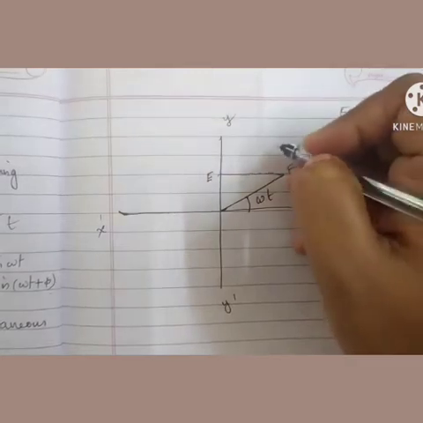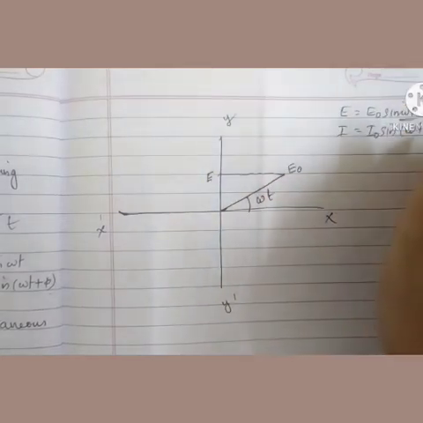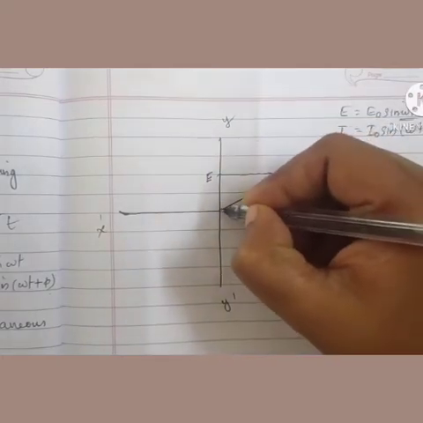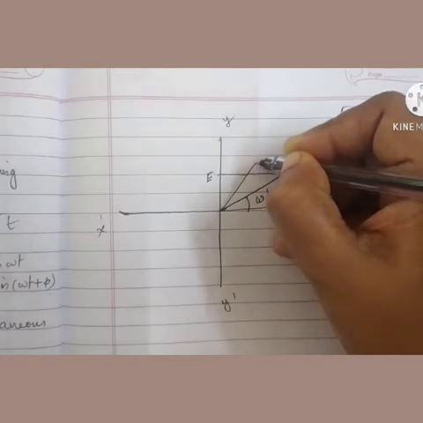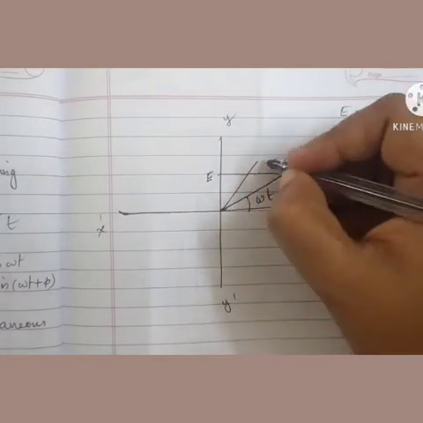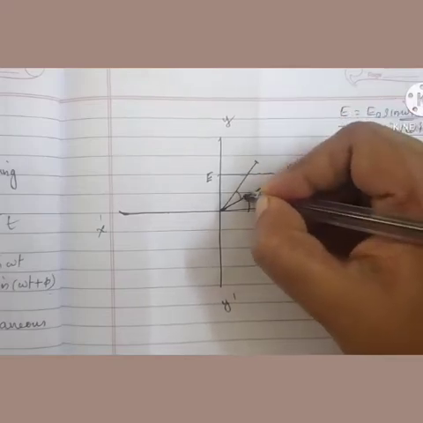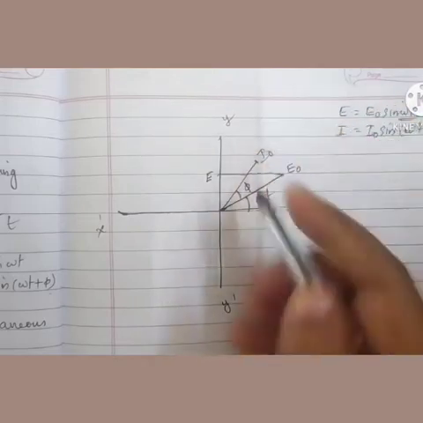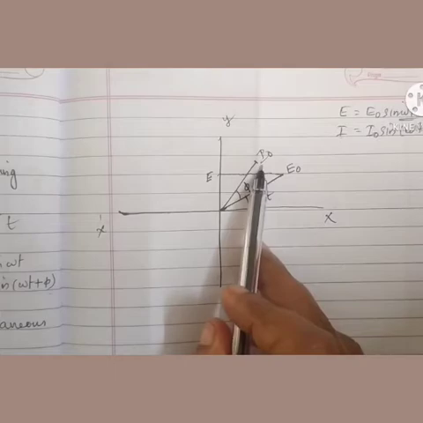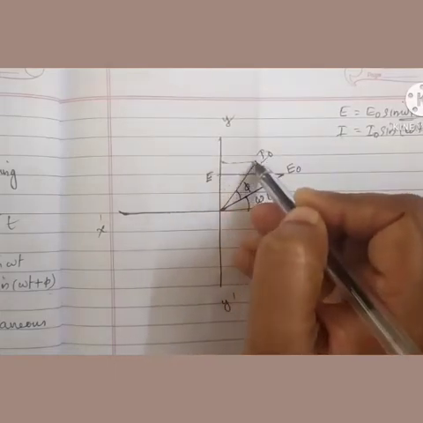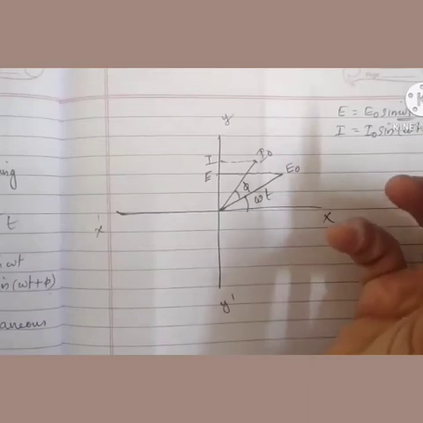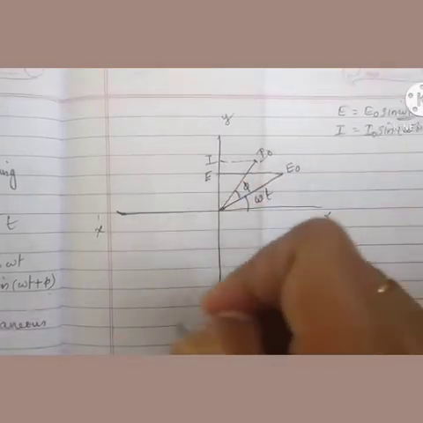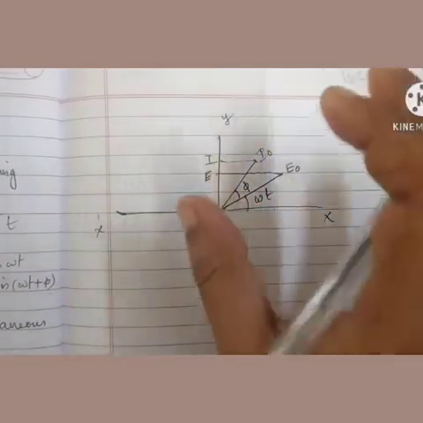Clear for you? Now again, here I is leading this E with a phase difference of phi in addition. So here you can draw I, which is making an angle extra phi here. So total angle is, you can see here, omega t plus phi for I. Again, this will give you the instantaneous value of current. Clear? So this is the way of representing the phasors in a phasor diagram.